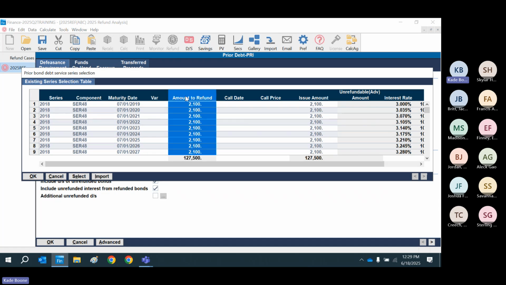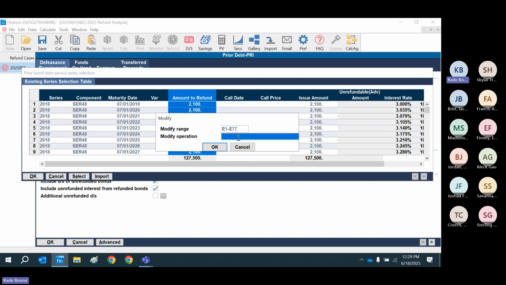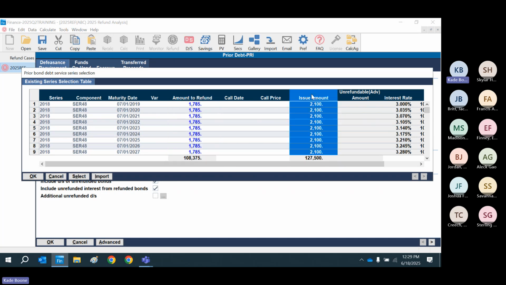So if you say, look, I want to refund 85%, how do I do that? Well, select all the bonds that you want to refund, flip it to input, go in here, click import, right mouse click, you can go to modify, times 0.85, right? And it's going to tell you 108,375 out of 127,500,000. So I would say this isn't always